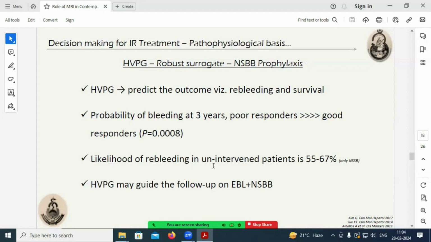At some centers, the HVPG has been used for monitoring non-selective beta blocker therapy also. Actually, in our center also, we have started a project in which we are trying to calibrate the timing for when we should call a patient a non-responder if the patient is on non-selective beta blocker, by using HVPG. And it has again been shown that the likelihood of rebleeding in unintervened patients can be monitored by HVPG measurement, and the therapy itself, that is the NSBB therapy with EBL, endoscopic band ligation, can be monitored by